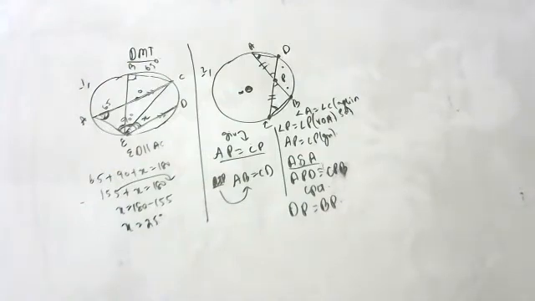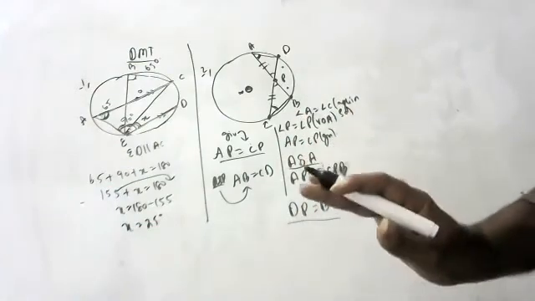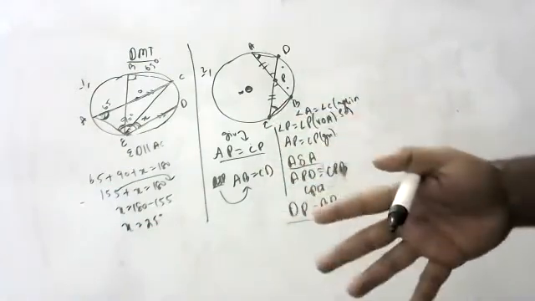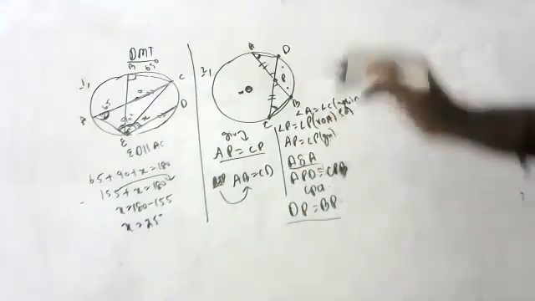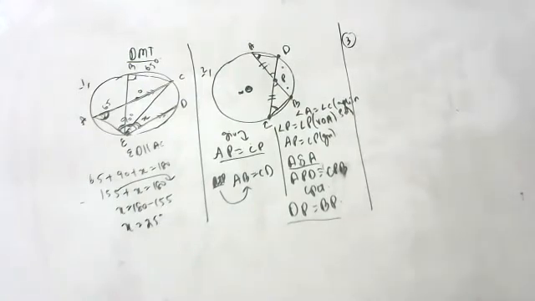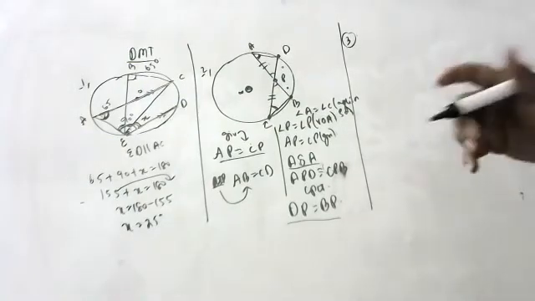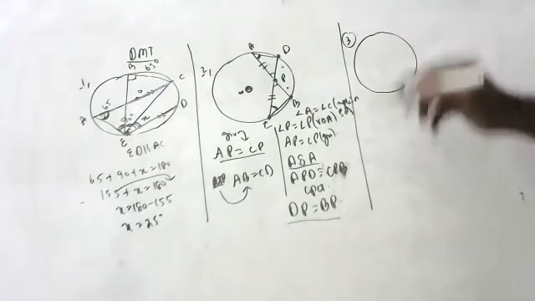You people don't have similarity conditions. The similarity condition you have to use here, but you don't have similarity. So just DP is equal to BP is enough for you. Because if I tell you similarity, you won't understand; you'll come to it in 10th class. Just remember that DP is equal to BP. This is enough for you. Anyway, that's not given. I see in the book they have given similarity conditions, but we should not use it, children. Leave it. Next question, children.